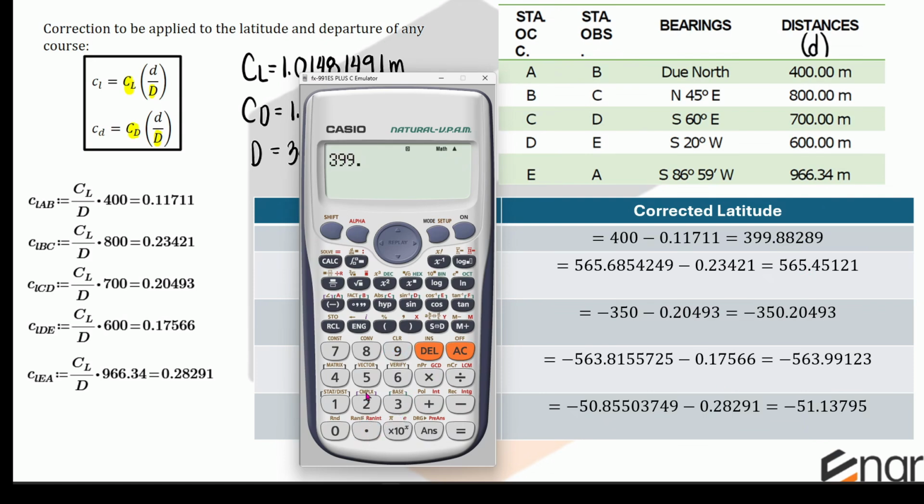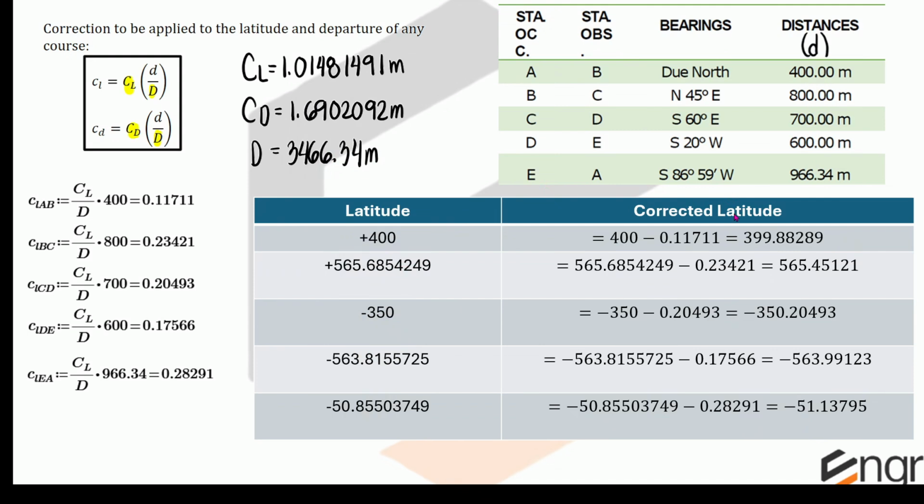So if we add all of these, 88289.565, let me just type the remaining ones. We have negative 1 times 10 to the minus 5. Now this result involves many zeros, so let me just change this into 2. This is the actual value. But essentially, this is virtually 0. So the latitudes and departures are already 0.